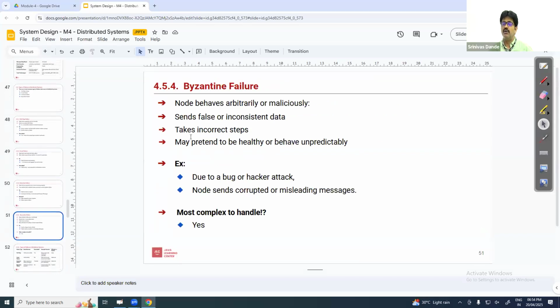On the next one, Byzantine failure. So this is a different case. Tough to identify, but yes, the node behaves abnormally,